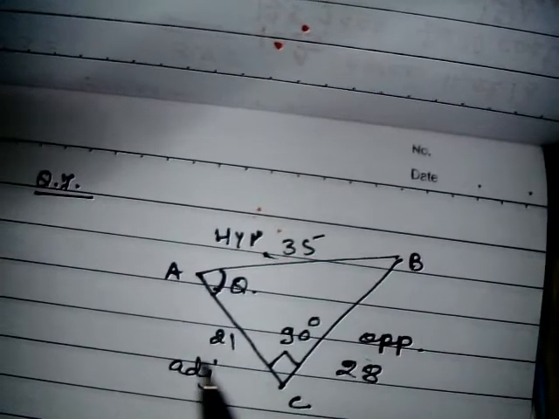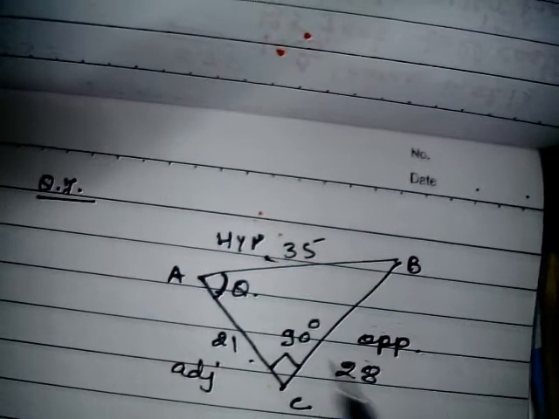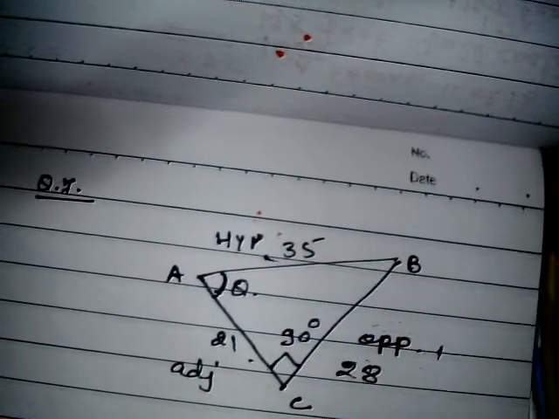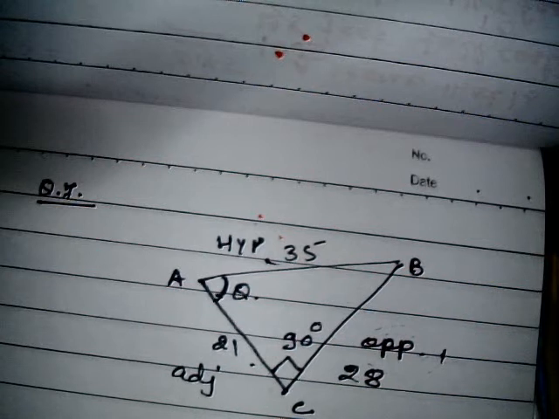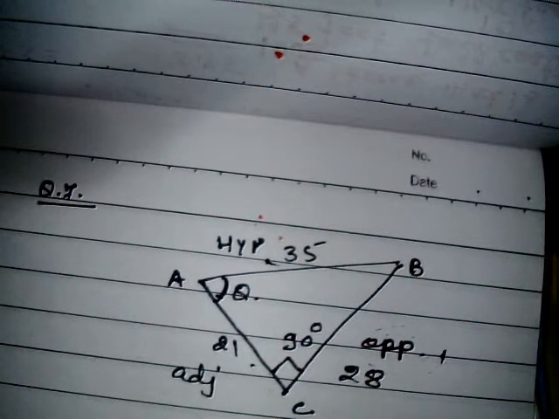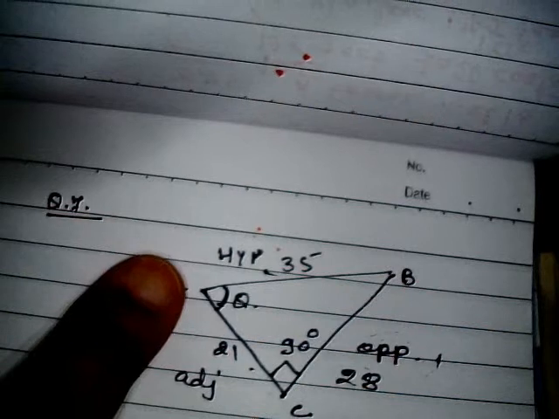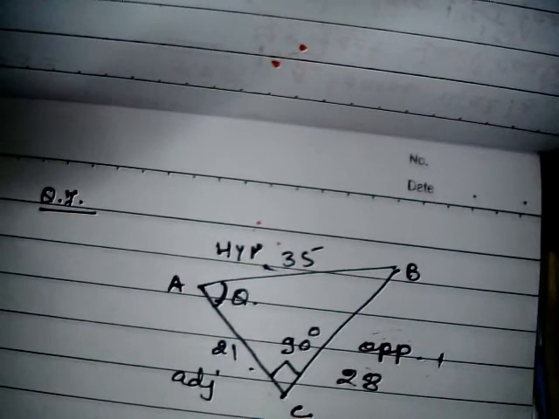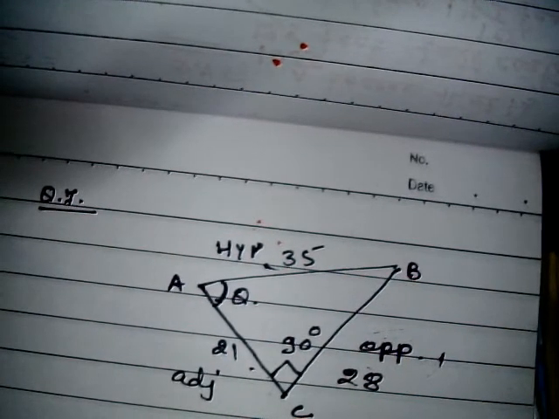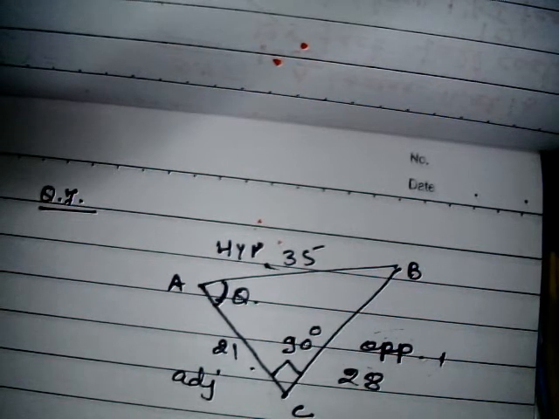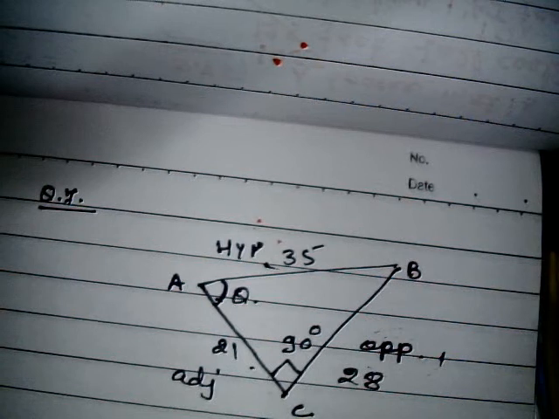So this way, you keep in your mind. The main mistake happens over here because we apply a formula and we add, so don't get confused. If the hypotenuse is given and one side is given, always square the hypotenuse and subtract. If you need to calculate the hypotenuse and the other two sides are given, then you directly do the squaring and add, and you can proceed to find the hypotenuse. So this is the main concept, keep it in your mind. Instead of applying a formula, you can do it orally. Thank you.